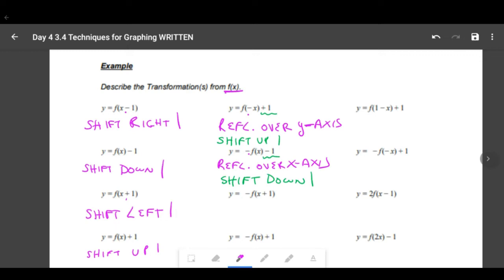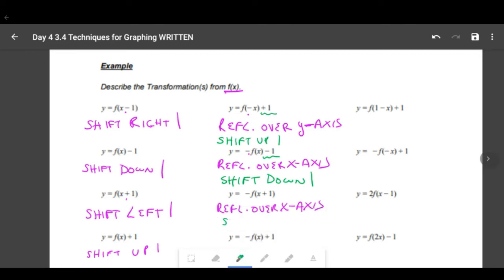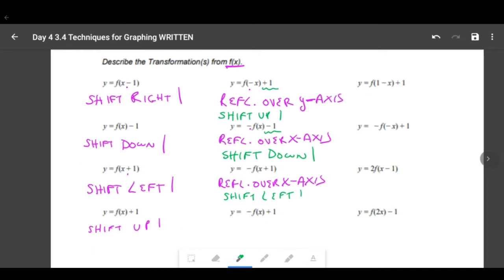The minus sign right there, again, is telling me to reflect over the x-axis. And then I see the plus sign in there is telling me that I want to shift to the left one, because of the plus sign that I have inside there. And then if I go to the last one in this column here, go back to purple to get the reflection part first, we see that we are going to reflect over